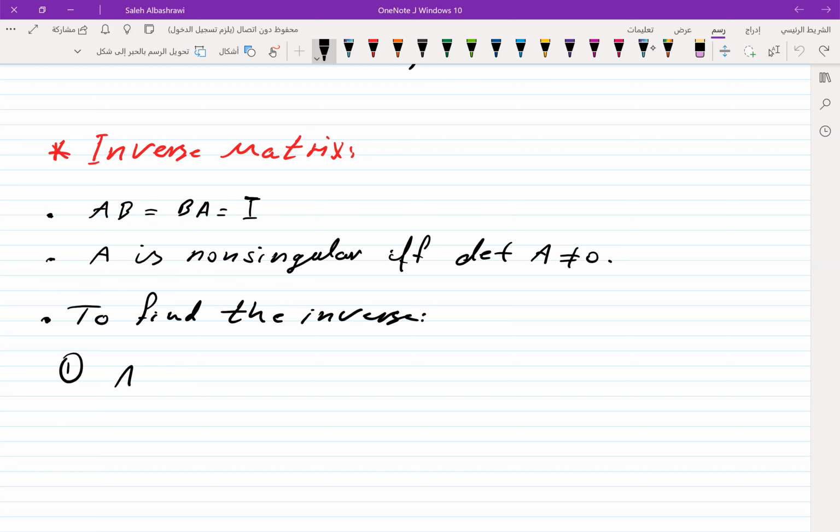Number one, A inverse can be found by 1 over the determinant of A multiplied by the adjoint of the matrix A,